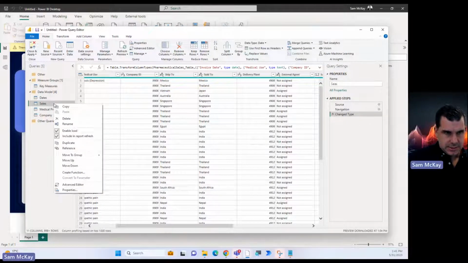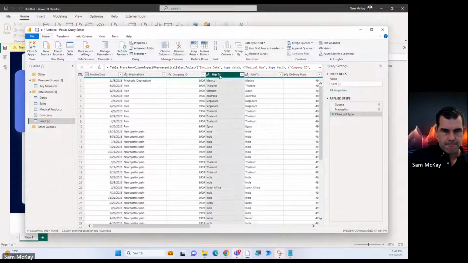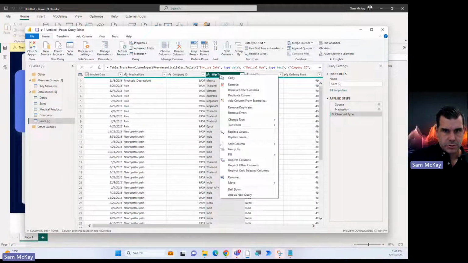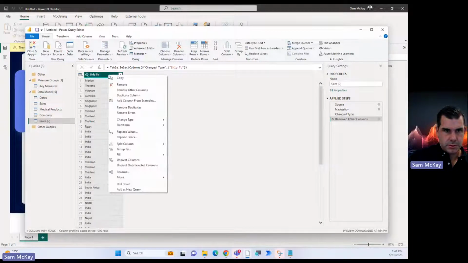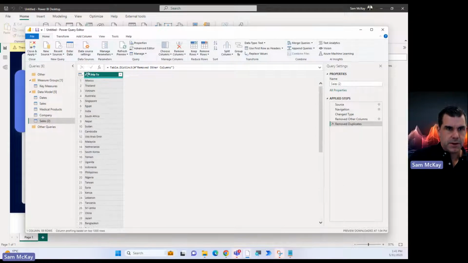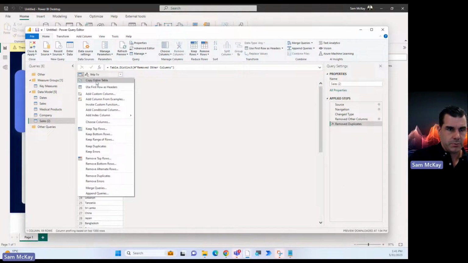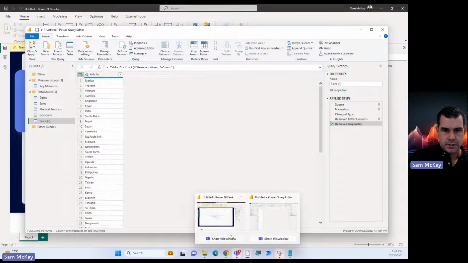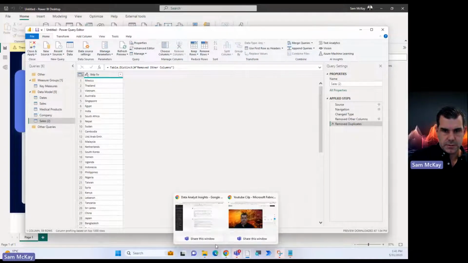Let's see. I'm going to duplicate, and I'm going to remove other columns, then remove duplicates. Okay, so this has got 59 rows. So I probably will be able to copy entire table. Check this out. Let's see if this figures it out.